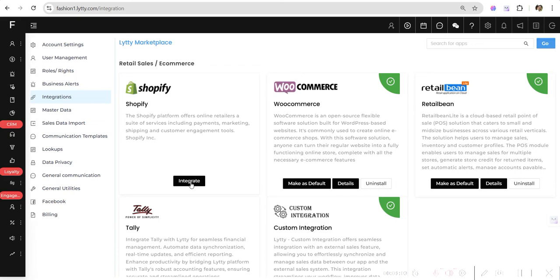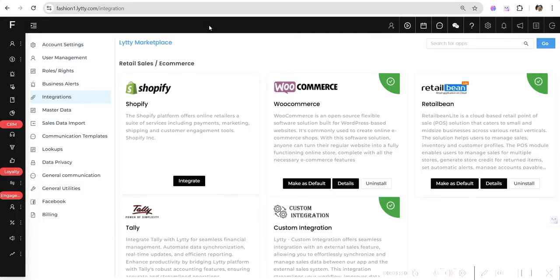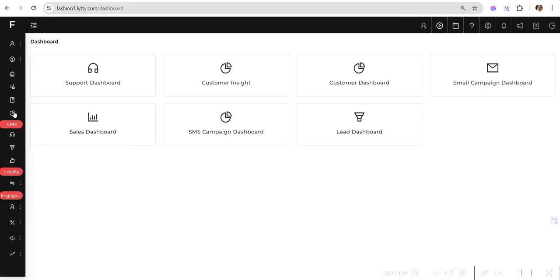e-commerce, there are a lot of plugins available with no-code integration. You just need to put that open API in LYTTY, and the sales will automatically start flowing into LYTTY from whatever application you have integrated. Once you have integrated your sales data, LYTTY immediately starts showing you a lot of insights on your existing customer behavior. One other thing you can immediately see is